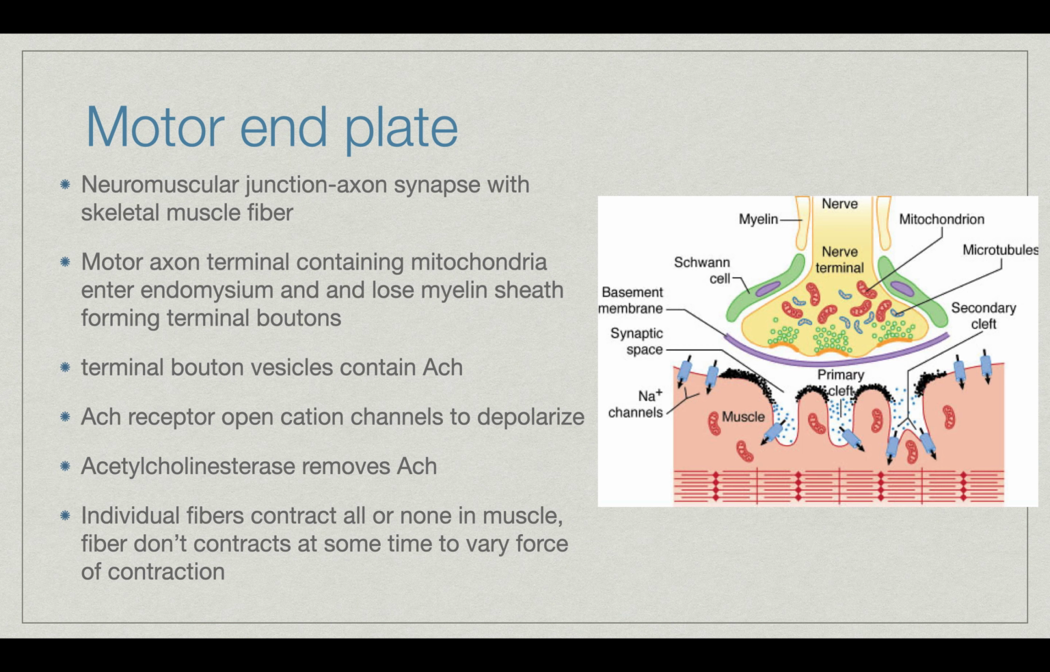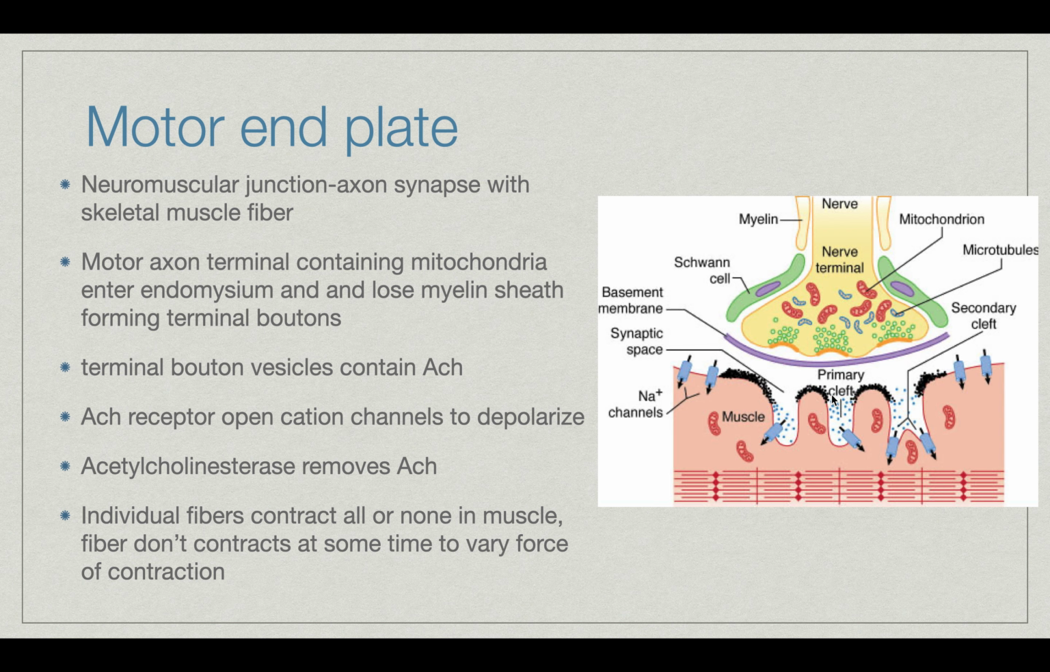At the end of the axon in the muscle is the motor end plate, the neuromuscular junction, where the axon will synapse with the skeletal muscle fiber. The motor axon terminal contains a bunch of mitochondria, and the axon enters the endomysium and loses the myelin sheath, forming the terminal buttons, right here. And the terminal buttons' vesicles will contain acetylcoenzyme, or not acetylcoenzyme, I'm sorry, it will